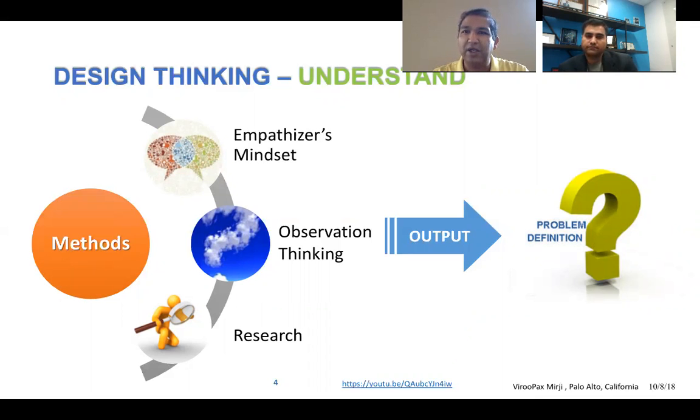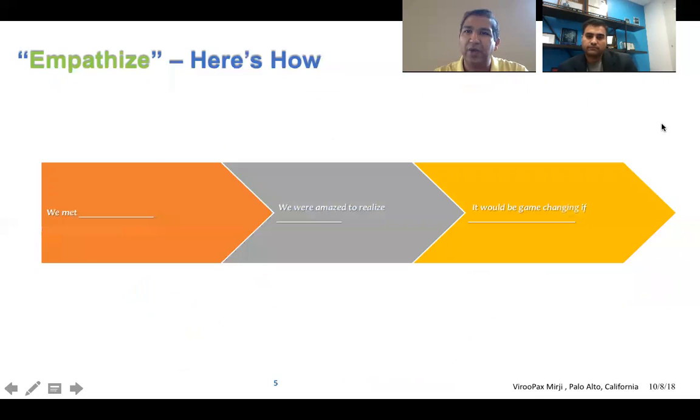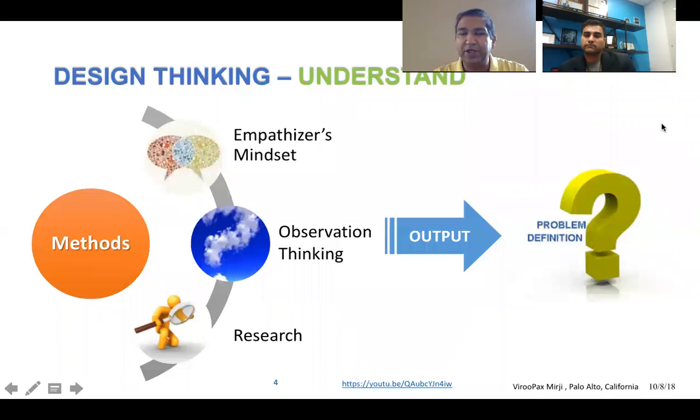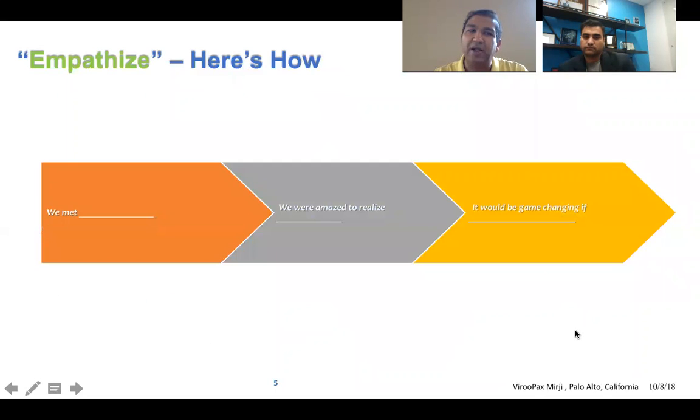Somebody who looks at things in a very fresh way, and essentially looks at different observations, different points of view, and researches that completely before defining the problem. And design thinking is important from that angle, because most of the time as programmers or developers, we jump directly into solutioning or designing without thinking about the person involved.